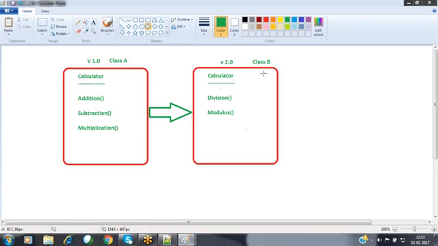Class B is nothing but the extension class here. Whatever ready-made three functions are available, these are not sufficient. We are going to add some extension over here.